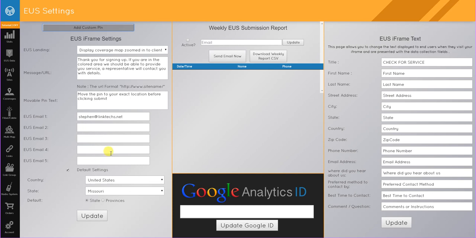By default, the email address that's in your company profile will always receive your EUS submissions, and it shows up here, but you can add additional ones as well, or you can add a distribution group if you would like to do so. Setting your default settings makes it to where the iframe, whenever that iframe opens up on your website, when you integrate Tower Coverage into your site,